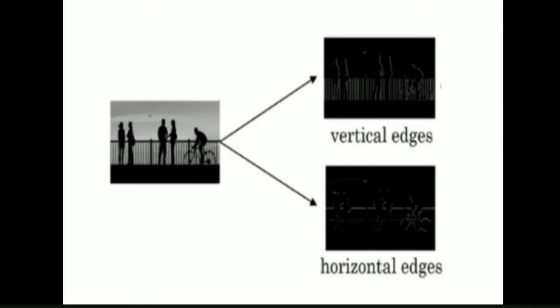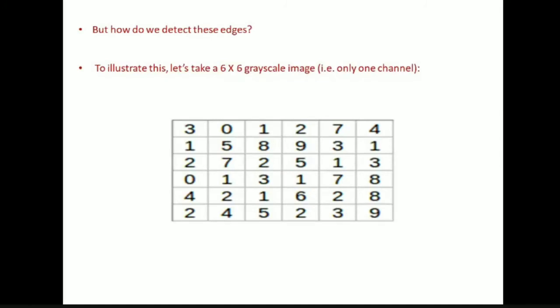Now, are you able to identify the vertical edges and horizontal edges in the given two images? So the first and foremost thing in CNNs is to identify the edges, that is the vertical edges and horizontal edges. Next, the question is, how do we detect these edges? In the convolution operation of convolutional neural networks, we detect the horizontal and vertical edges. So in order to identify these edges, we do an operation called convolution operation. Let us now see what a convolution operation is.